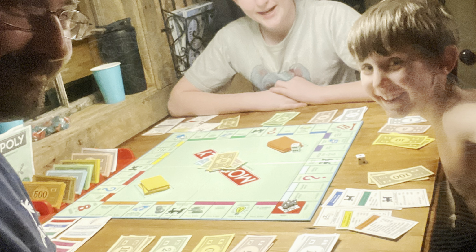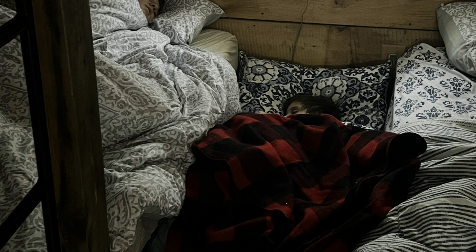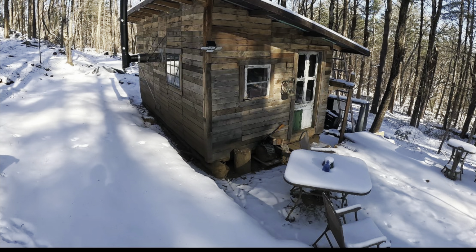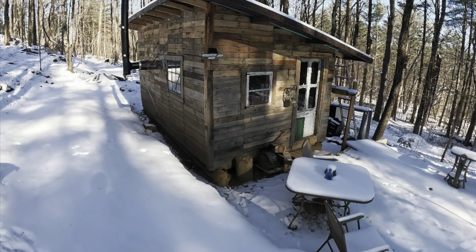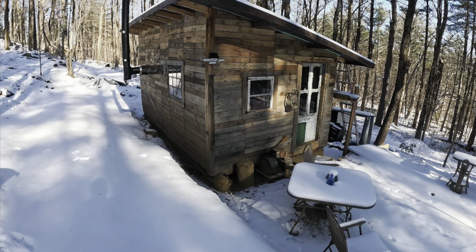But I ended up having to have my youngest son sleep on the floor in between me and my oldest, because it was a little too hot up top. I've got to think of a way to regulate the air temperature in there. But other than that, we plan on having a lot more sleepovers out there, and it should be a lot of fun. I plan on making a lot of other projects in the woods here on our property,